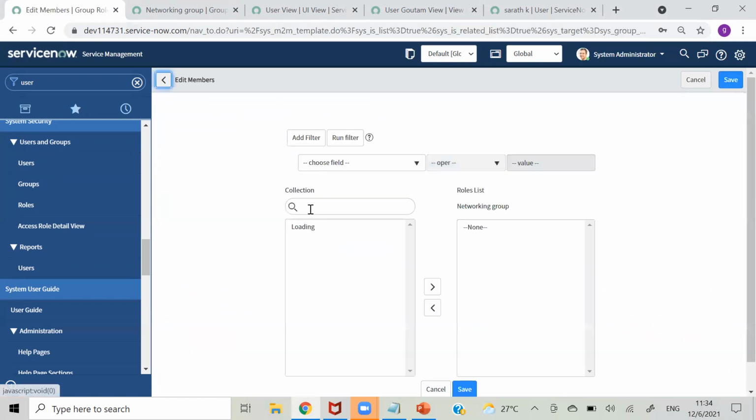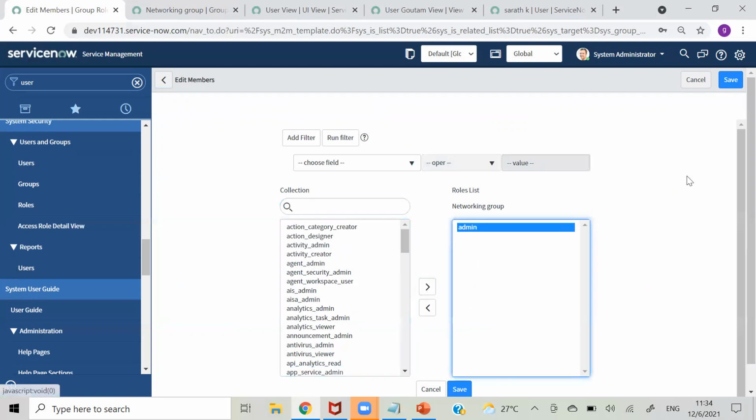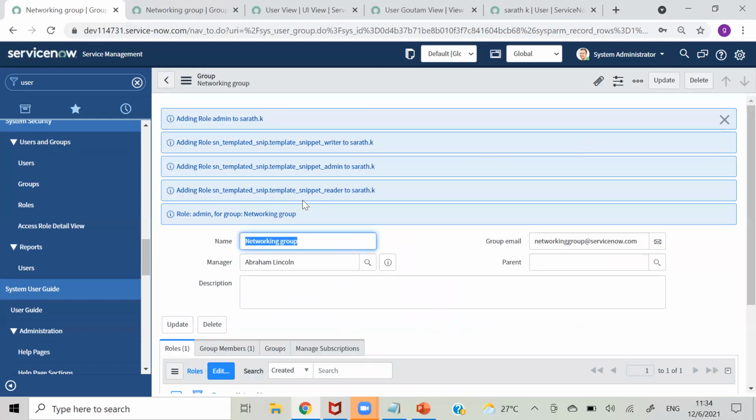Like for Sharad.k, I am giving the admin role, but in real time giving the admin role is not correct, because it will charge our organization. So if you want to give admin roles, we have to take many permissions. Okay, so here you can see adding role admin to Sharath, and all these are the child roles.